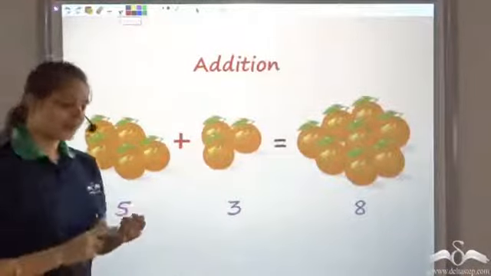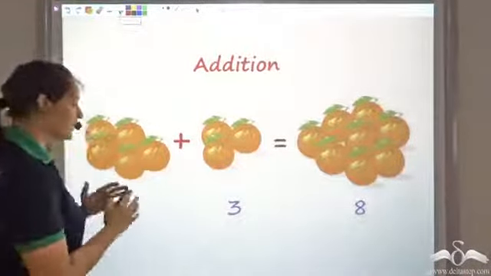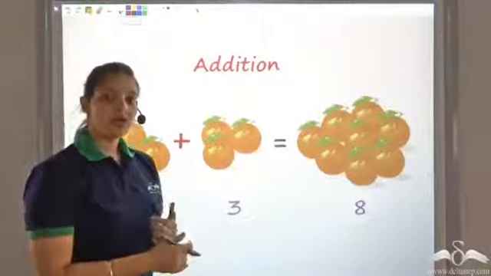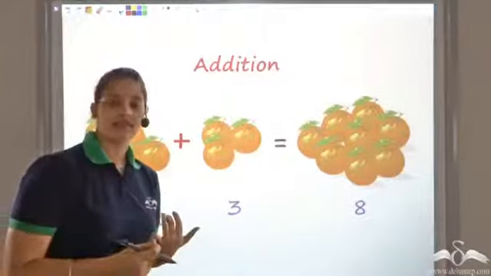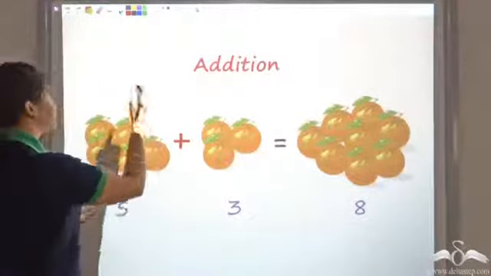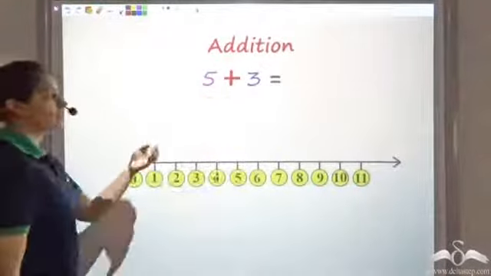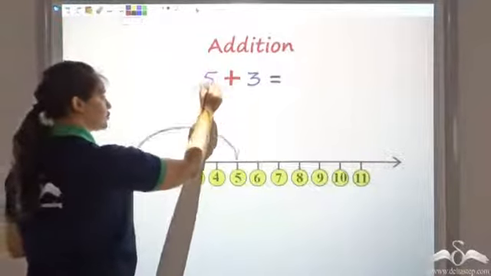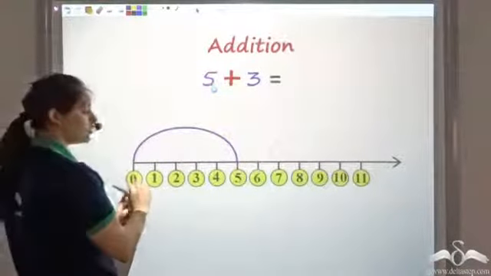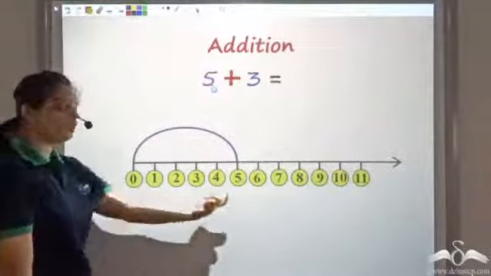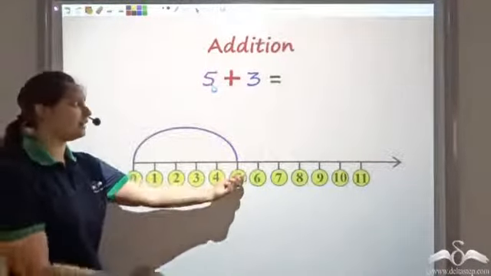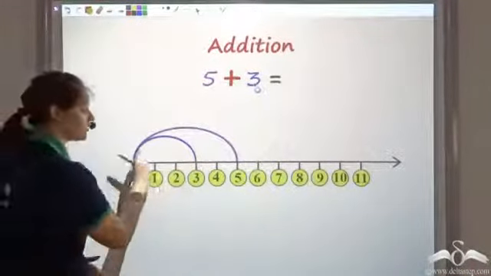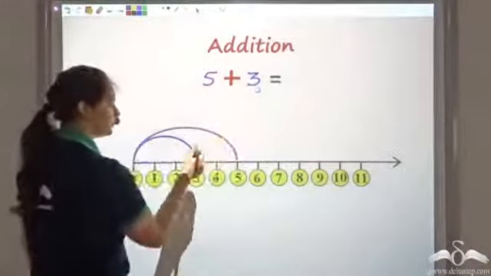Now you've seen numbers as quantities, and we could add these quantities, 5 plus 3 giving me 8. Now we visualize numbers as distances. How do we add these distances on a number line? Let us look at that. Let's say I want to add 5 and 3. So you have 5, let's first visualize 5, which is from the origin to number 5. The distance from origin to number 5 is actually this 5. Then 3 also means distance from origin to number 3. So this is 3. Now I want to add both of these.